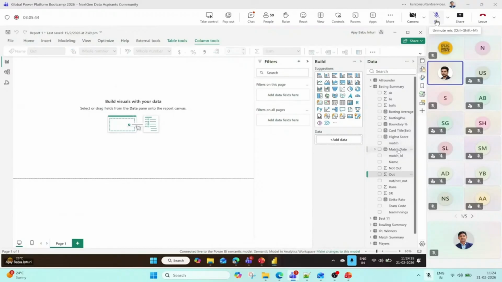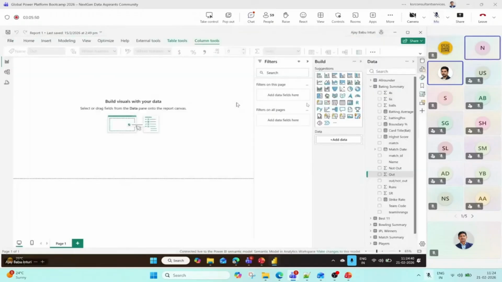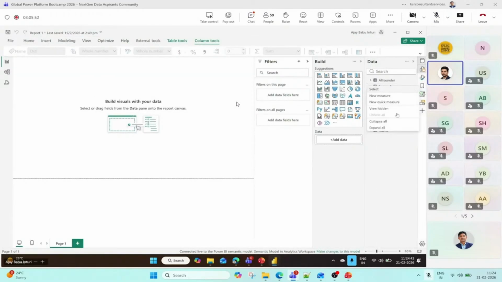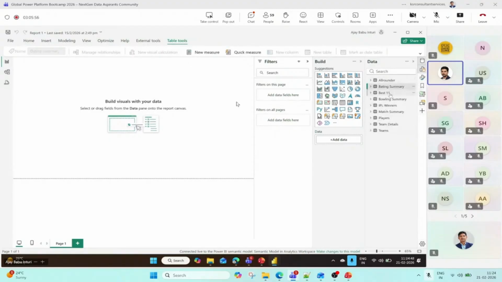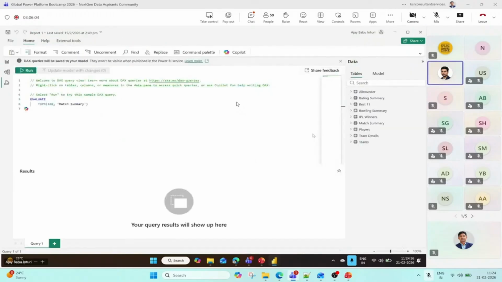Oh, still it's not showing. Why is it not showing? We have to refresh this table because the report is connected live. Match date. Let me close and open this report.